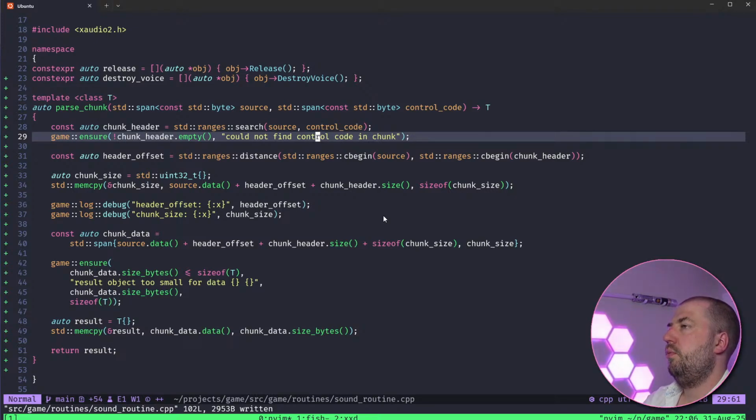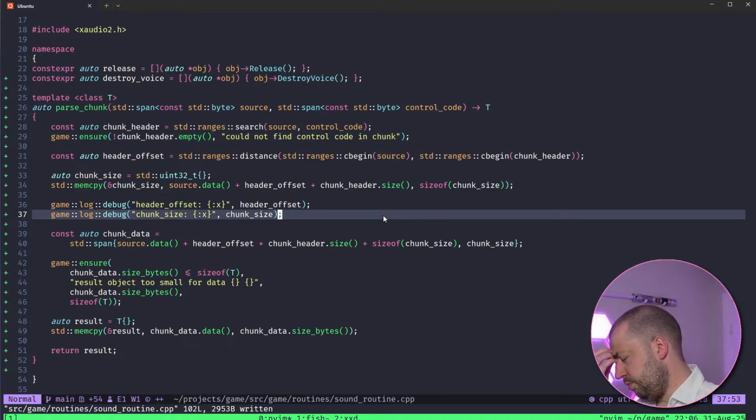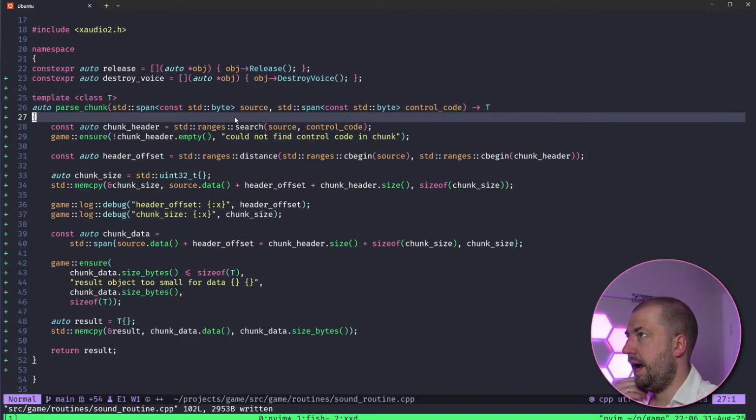Okay, that makes sense. You're right. I could pull the whole chunk out and then repass that in to check wave. I think that is cleaner.